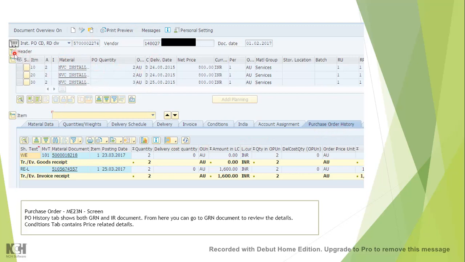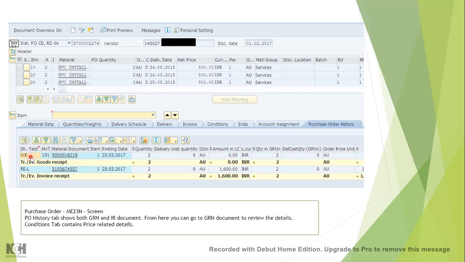So it has got again header, line item, then item table. So for each line it contains these many important tabs. So purchase order history tab tells you that okay, this PO line has been done GRN, as well as invoice processing is also done for this PO line item.